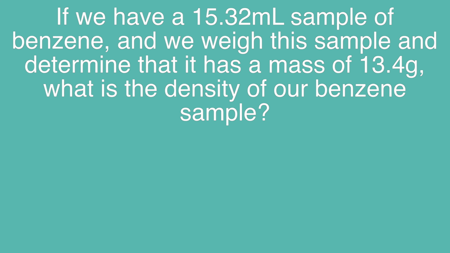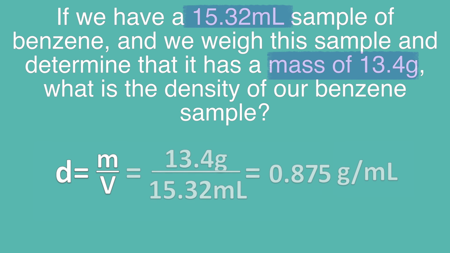Let's do an example for calculating density. If we have a 15.32 milliliter sample of benzene, we weigh the sample and determine that it has a mass of 13.4 grams. What is the density of our benzene sample? So looking at our formula for density, all we have to do is divide our mass of 13.4 grams by our volume, which is 15.32 milliliters, and we find that the density of benzene is 0.875 grams per milliliter. It is important to note that the density is an intensive property, meaning no matter how much benzene we have under these conditions, the density will always be